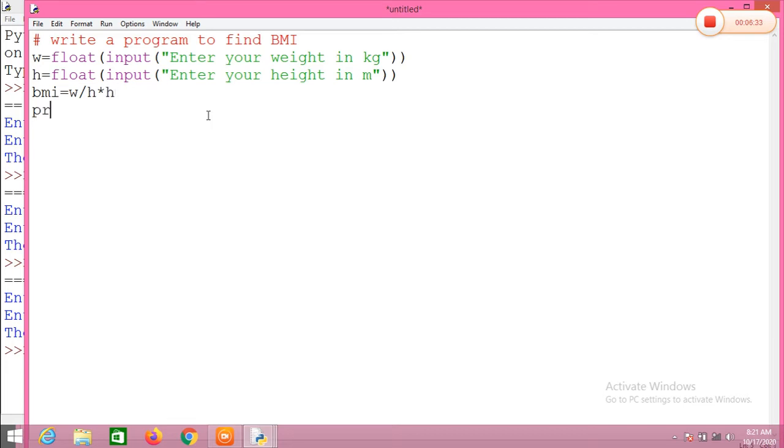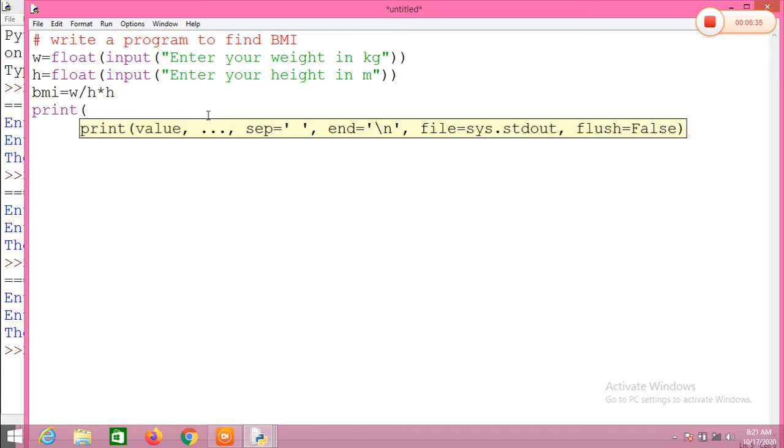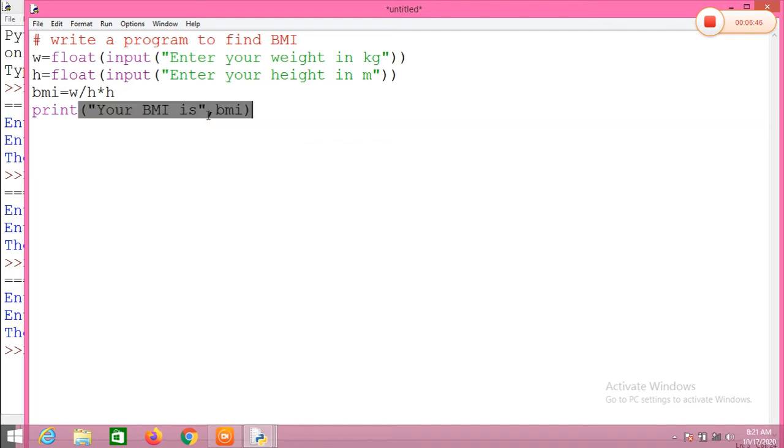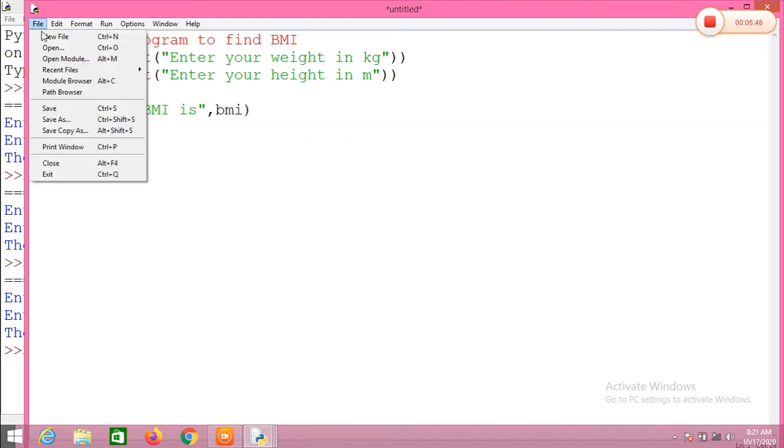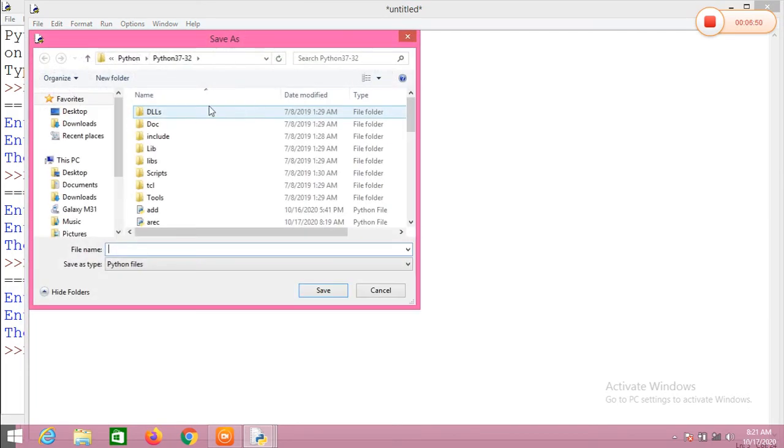So finally print "your BMI is", BMI. Right? Save it. Here BMI is my first program, so I'm saving it as BMI.